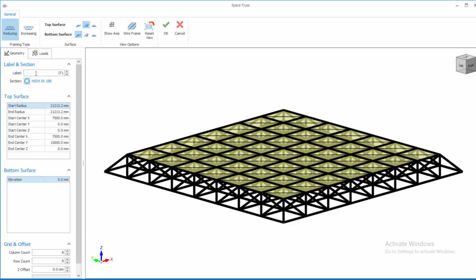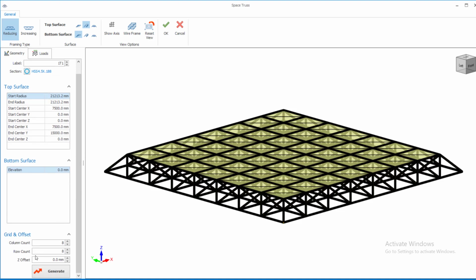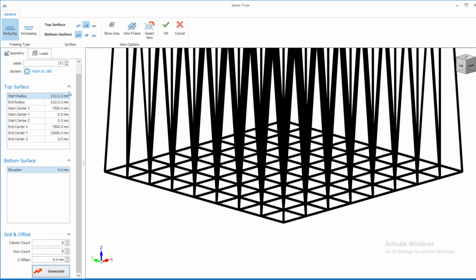Like I said, you can actually change the spacing. You can see the top surface, the start radius is at this, the end radius is this, start center. You can play around with all of these settings to give you whatever you want. You can see the column count, we have 8. The row count, we have 8 as well. Then the Z offset is actually 0. So if you click on generate to generate that for you,